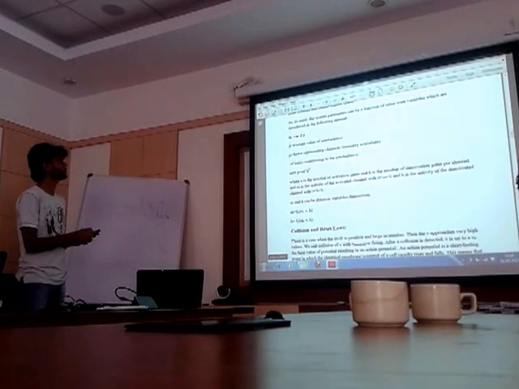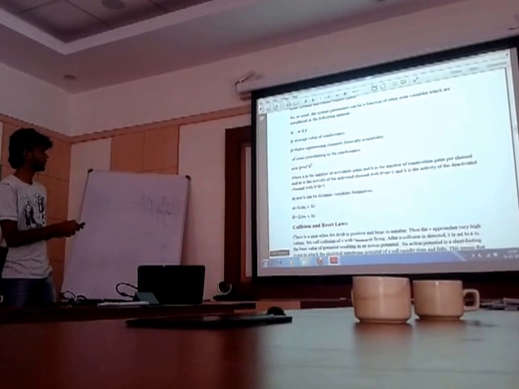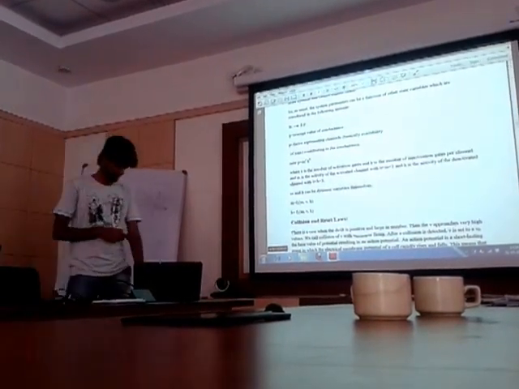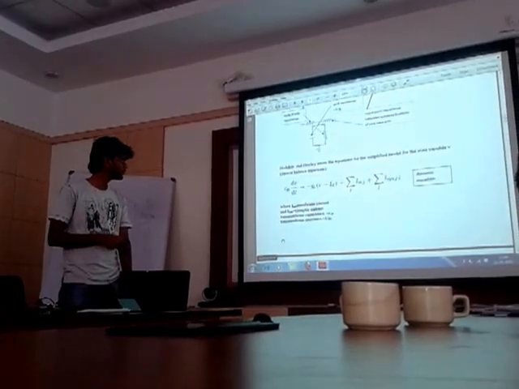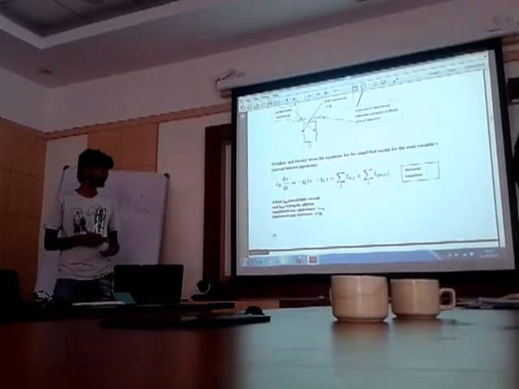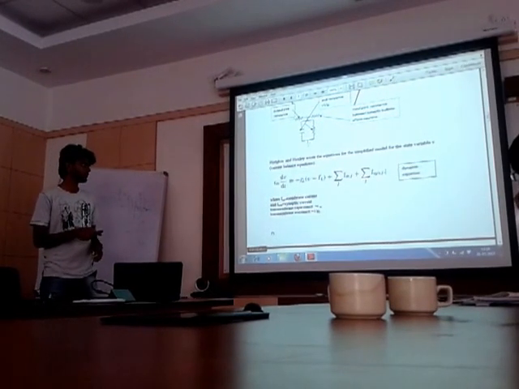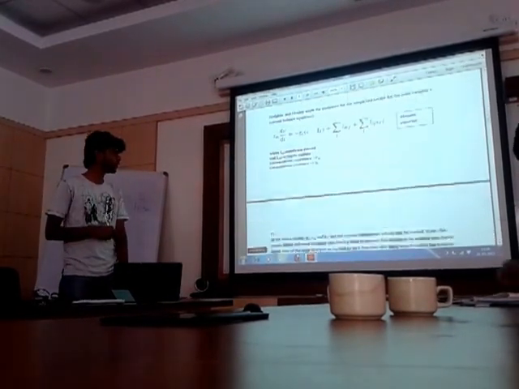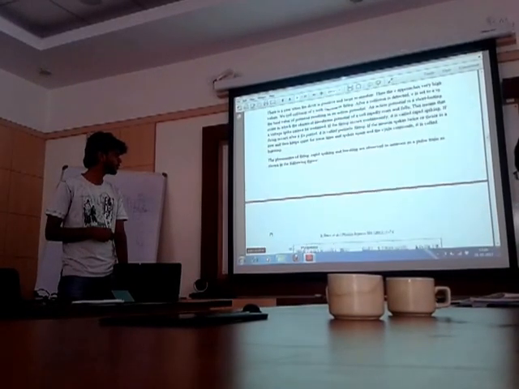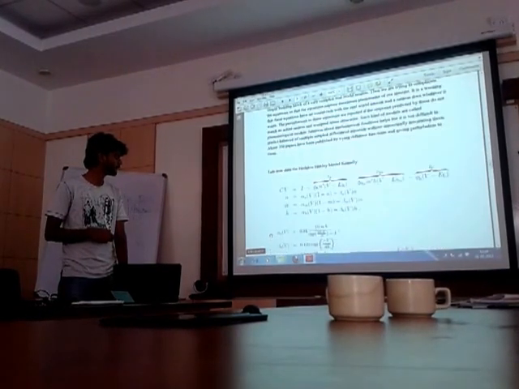We have put G as a function of probability and the average values, and this P can again be a dynamic term. So what I actually mean is that this G is the second state variable. One of the state variables is V, the other state variable is G. So the actual Hodgkin-Huxley model will look like this.